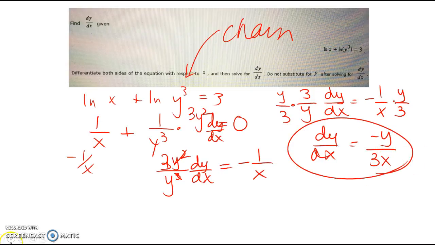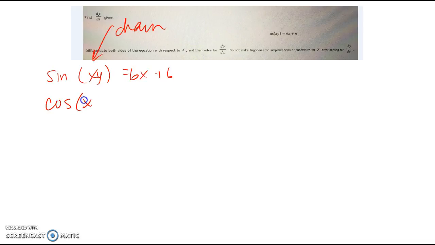All right, so take a look at that. Stop it and do it in your head and see if you can get it. All right, here we have the sine of xy equals 6x plus 6. All right, implicit differentiation, right? So we also have the chain rule here, don't we? And the product rule. So the derivative of sine is cosine xy times the derivative of the inside. So we're going to do the derivative of xy, which is 1 times y plus x times the derivative of y,